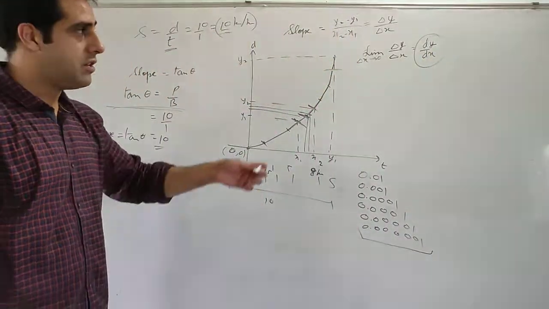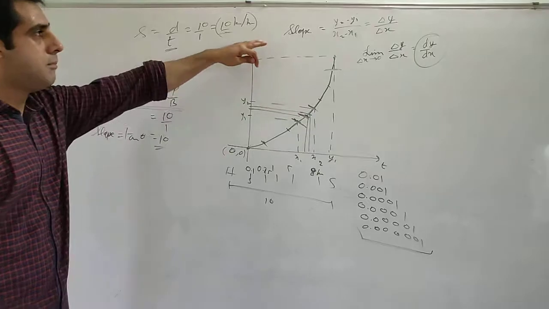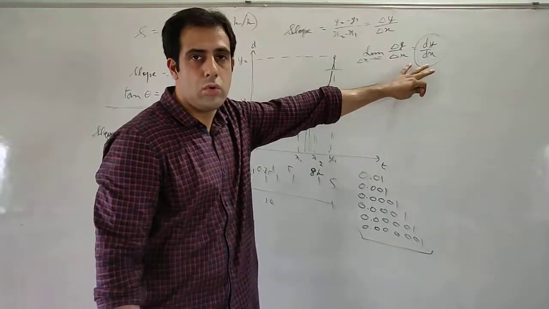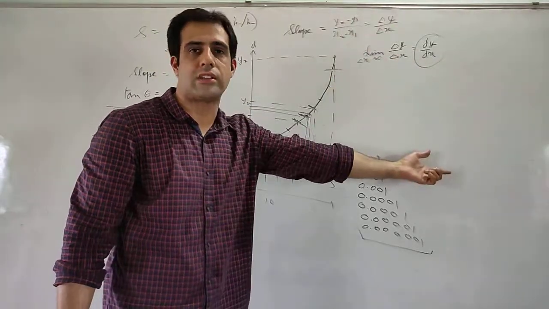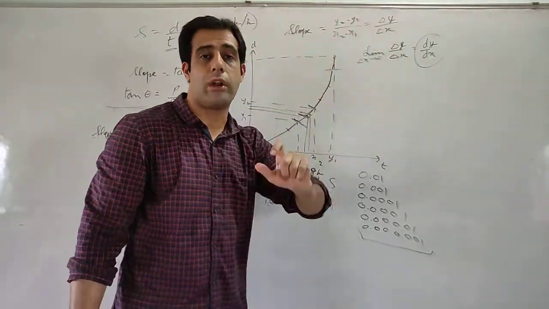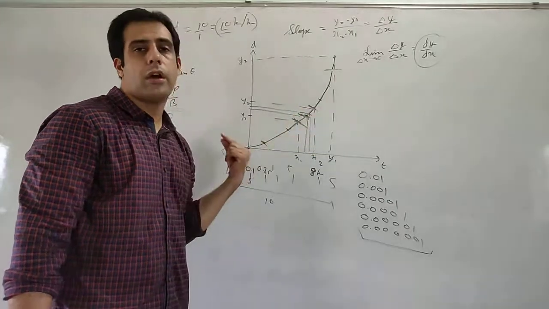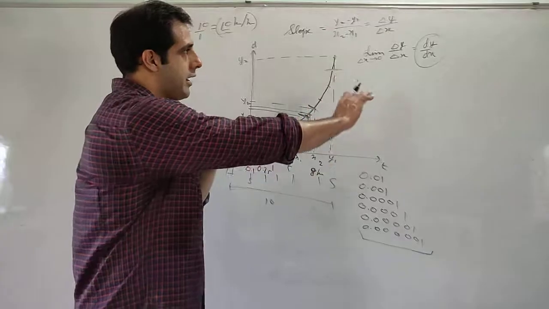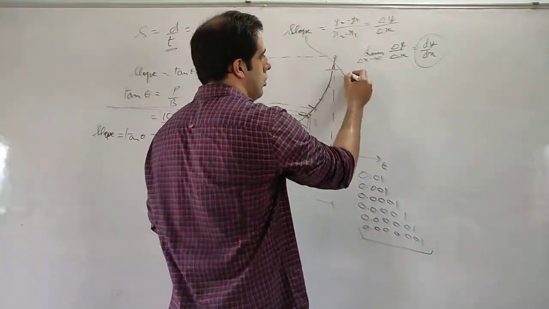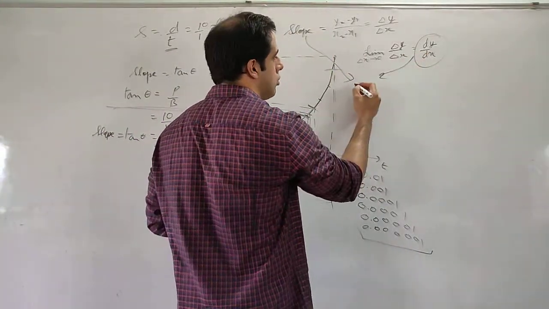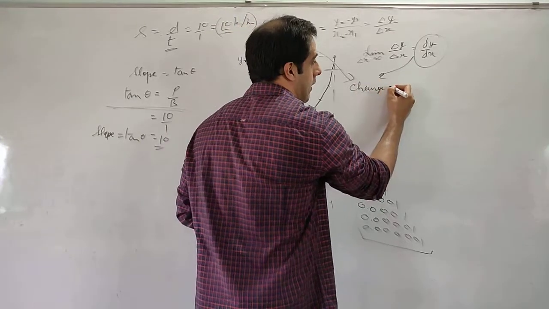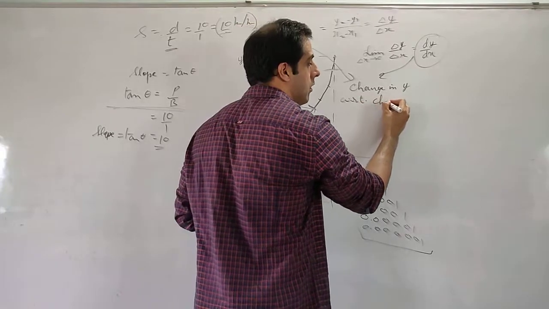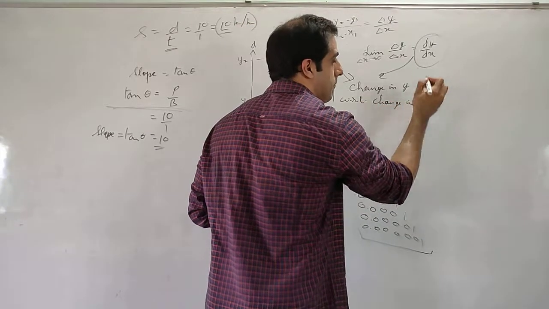Change in y with respect to change in x. Basic definition of slope. So this is nothing new. We are still calculating the slope, but now we are able to calculate the slope of a curved graph also. How do we do it in numericals? That will come later. Right now understand the concept. So slope and limit both mean change in y with respect to change in x.